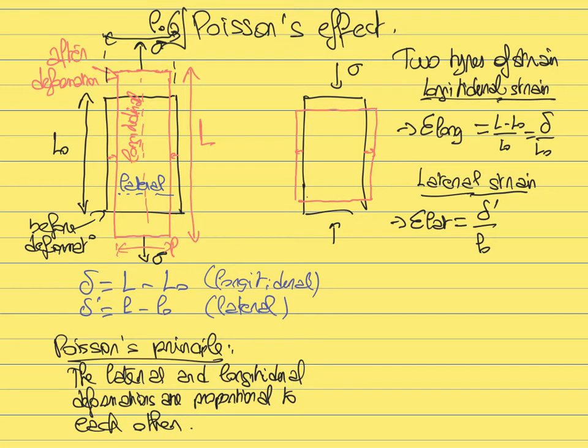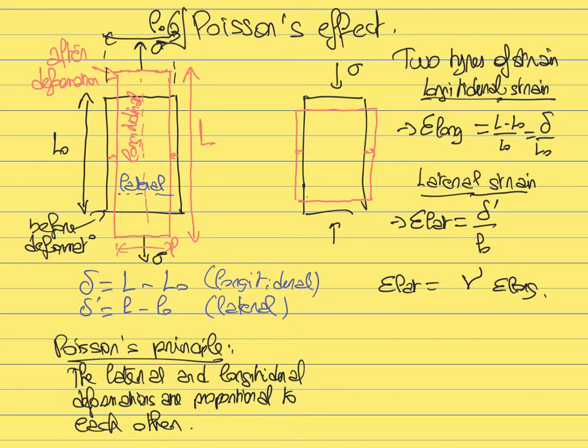So again, we can write this into an equation. What we can write based on this is that the lateral deformation is going to be proportional to the longitudinal deformation. We need a proportionality constant, and this proportionality constant we are going to write as nu, where nu is going to be the Poisson's ratio. But here, if you look in more detail at what happens,